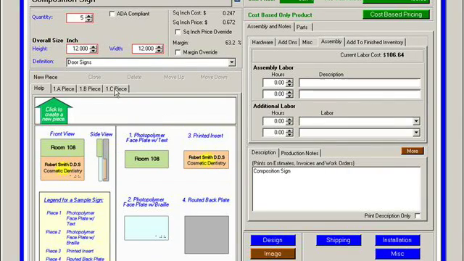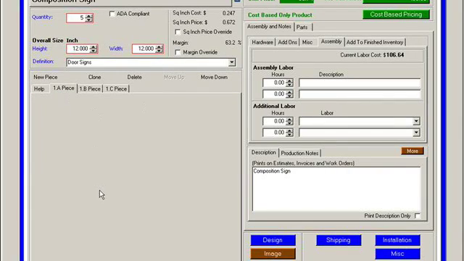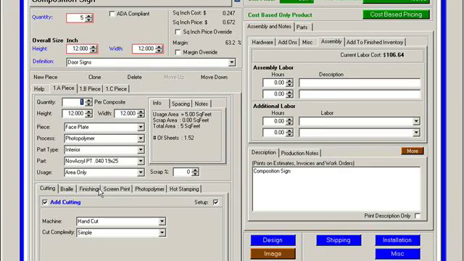Okay, now that we have the primary pieces to the composition sign done, let's finish it up by assembling it and adding in any additional hardware. On the right, you'll see Assembly and Notes. Under Assembly, I can add in miscellaneous assembly labor. Maybe it's going to take me 30 minutes